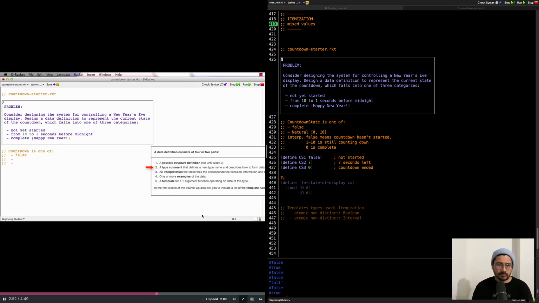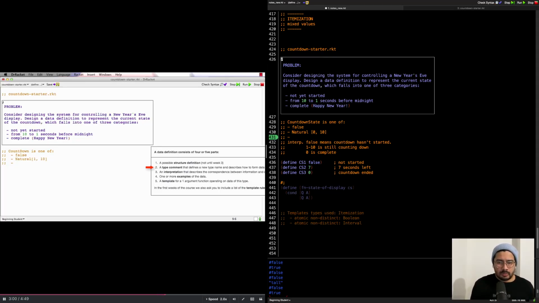Now in the second subclass, okay, so he's actually from 1 to 10 inclusive. And in the third case, we also need a distinct value there. And we'll just use the string in this case, complete. So now we've got three distinct subclasses that correspond to the three distinct kinds of information. Okay, that's actually fine. 1 to 10